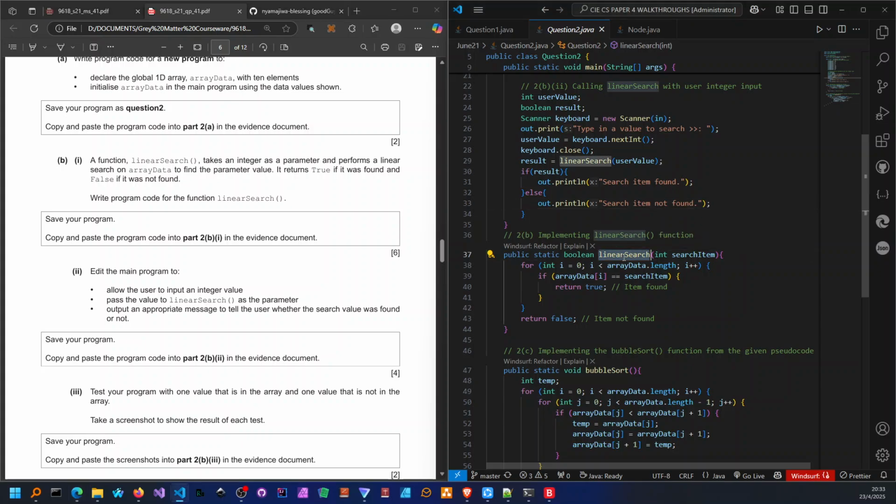So you see that my identifier is linear search, and boolean is my return type, because we were told that it's going to return a true or a false depending on whether the element was found or not. They said that it takes an integer as a parameter. So the identifier for our parameter is going to be search item, and it's of type integer. Then we are simply using a simple for loop that's going to iterate through the array and look for the particular search item that would have been passed as an argument when the linear search method is called. So if the current array element is equal to the search item, then